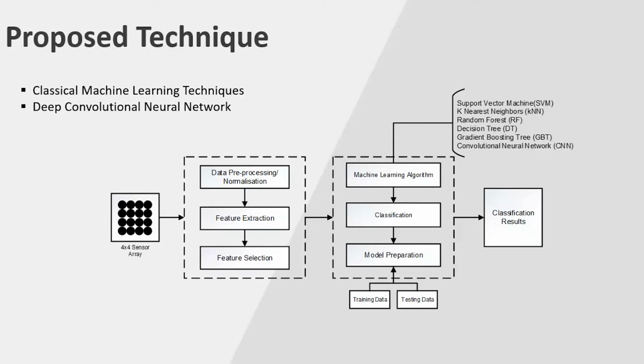And in model preparation, a different technique has been used. That is the training data set and the testing data set. As I told you before, this is basically a batches data set. So different batches are used for the training and the testing data sets, and then we perform the classification. Here I use two techniques, and the second is a deep convolutional neural network, to perform the experiment and for the comparison.